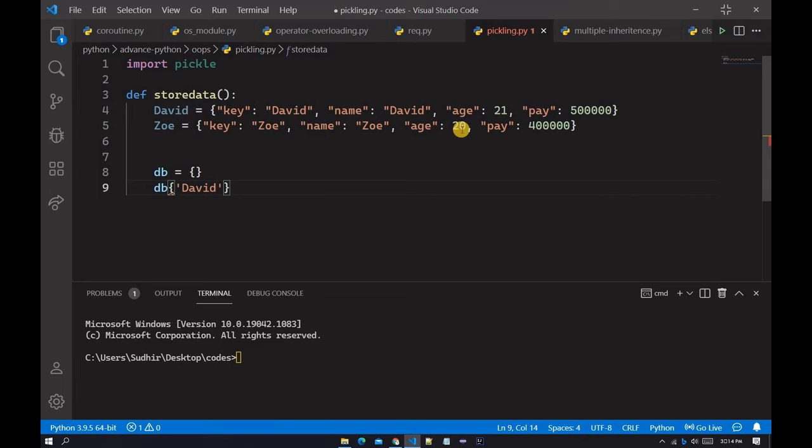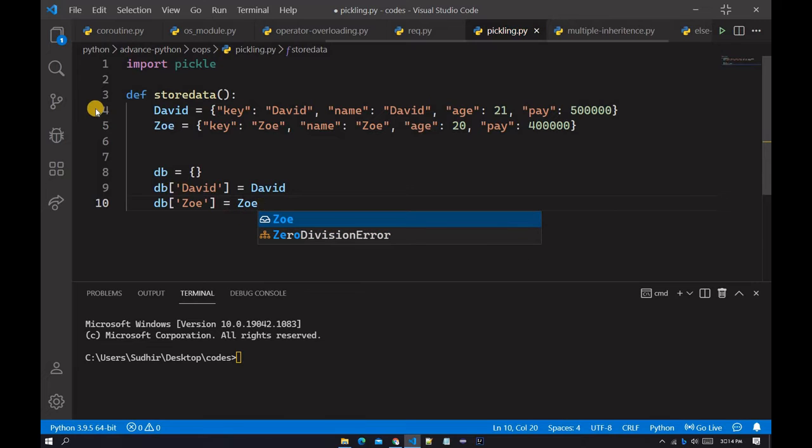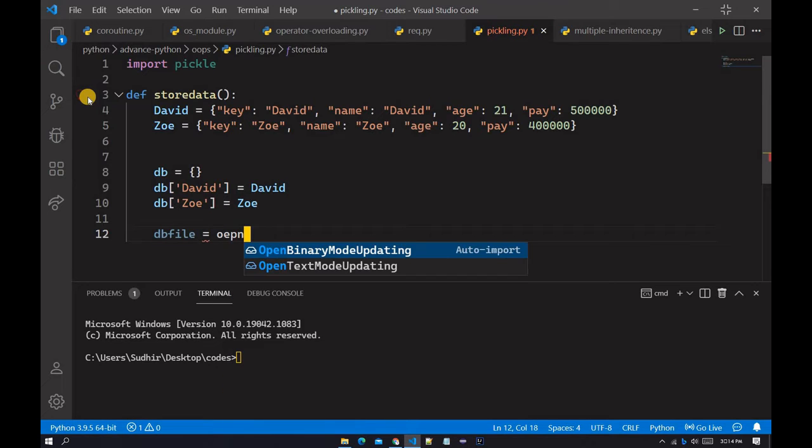And then we have to add a square bracket, not curly braces, and then is equal to David, and then again db, and Zoe in single quotes, and is equal to Zoe. Press Ctrl+S to save.